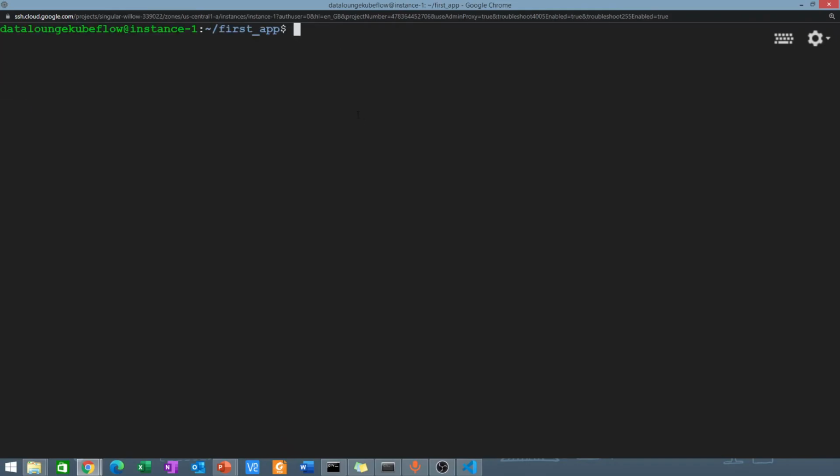So we are going to use the gcloud SDK to build this Dockerfile. So I'm going to say gcloud builds submit --config cloudbuild.yaml, and then we just specify a dot, which means I use the Dockerfile in that location,